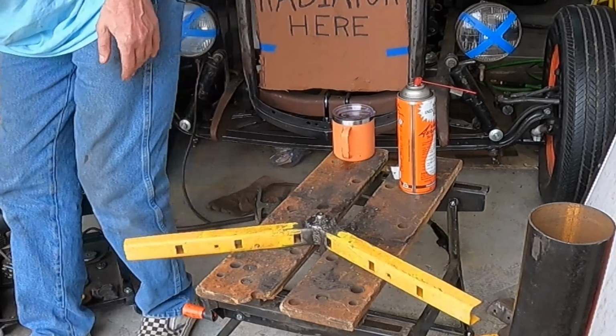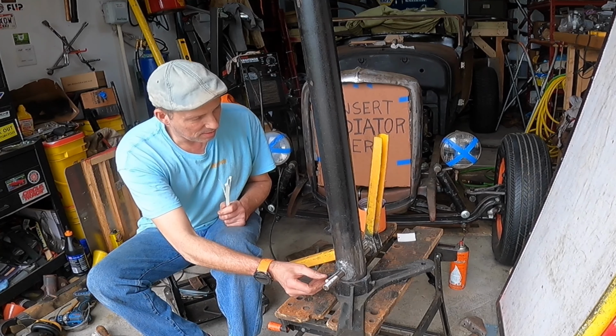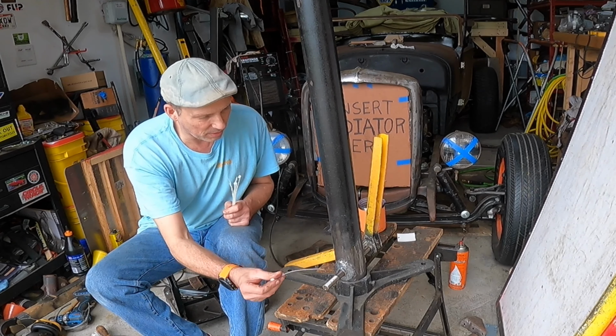Ideally, I'd have a little bronze bearing or bushing to go in here, but I didn't feel like running and trying to find one, and it's going to be pretty thin anyway, and I don't have any thin brass or anything I could put in there. So what I did come up with is a bunch of zip ties. Nylon actually makes a pretty good bushing material, whatever. Anyway, so my thought is I take these zip ties, place them in like so. Oop, wrong way. Cut off the excess, and